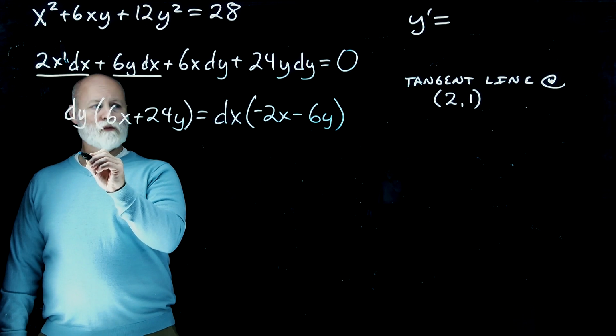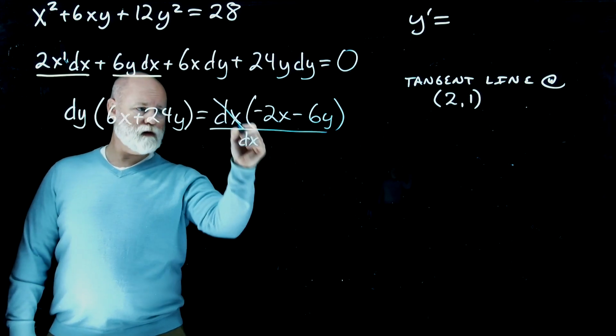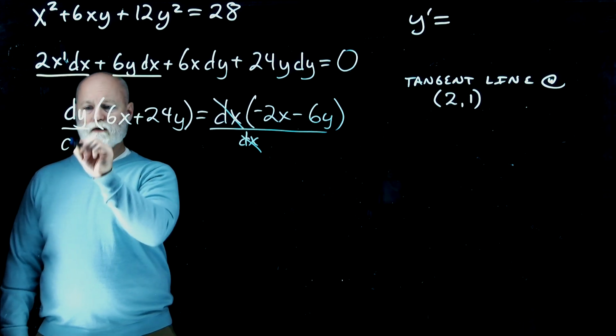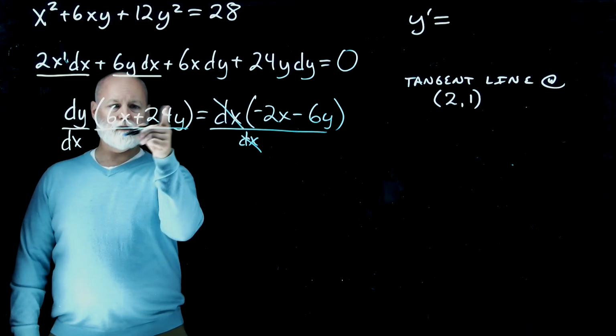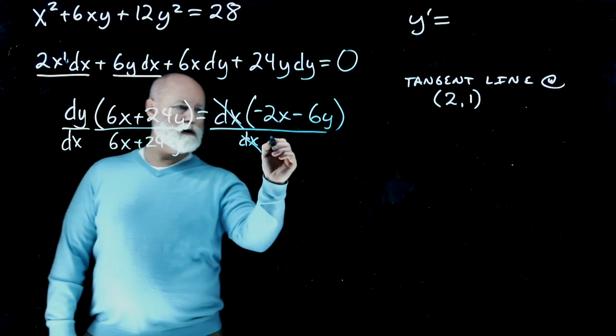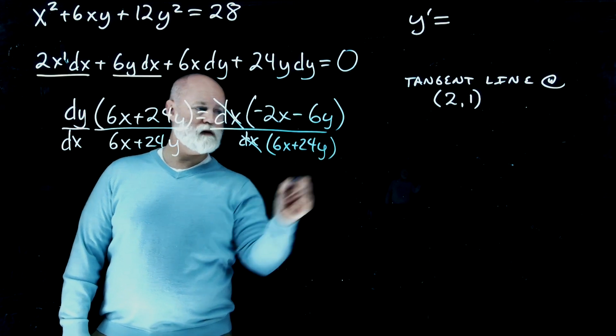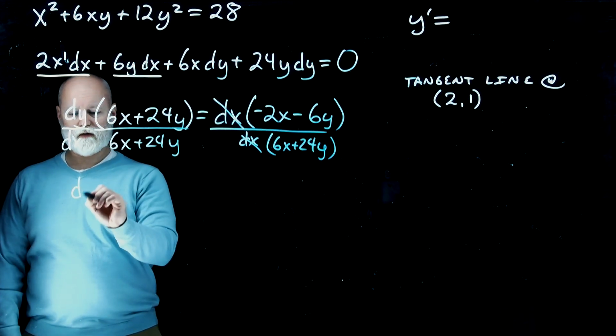So we end up with, I'm going to divide by dx to get rid of that one right there and there. So I have to do it over here as well. And then I also want to get rid of this piece. So I'm going to divide by 6x plus 24y and 6x plus 24y. All right? So now I have dy